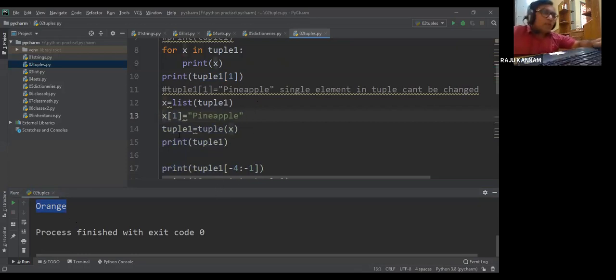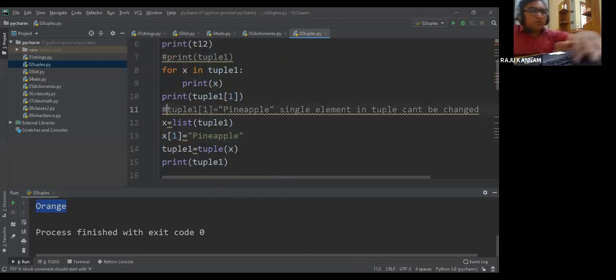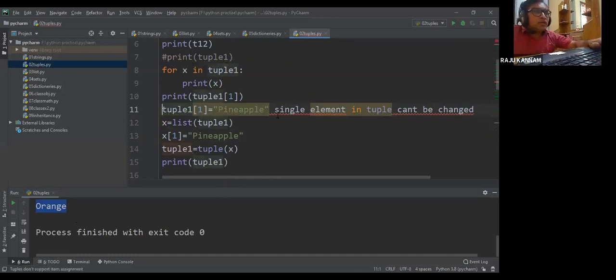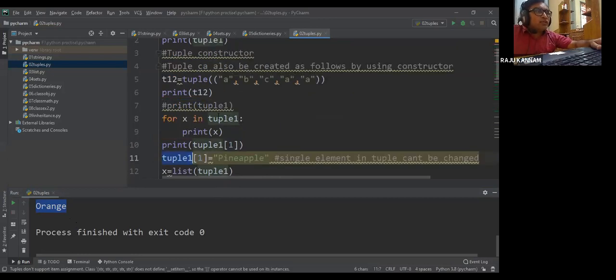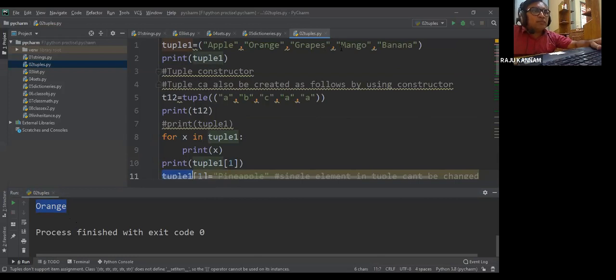Now here I am trying to change the index number 1 of tuple one. What is the tuple one value? Apple, orange, grapes, mango, and banana.